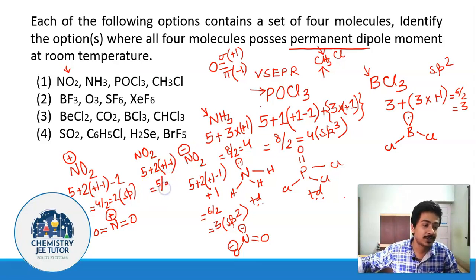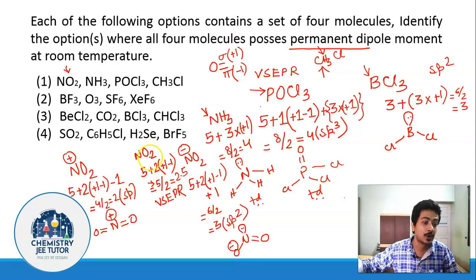Now 5 divided by 2, you do not get a whole number. This 5 is an odd number. So this is the odd electron species. Remember this. In cases where the total electron count comes out to be an odd number and is not divisible by 2, then those species are known as odd electron species. And in case of odd electron species, we cannot determine the structure using VSEPR. VSEPR can only be applied for even electron species. If the number of electrons in a molecule is odd, then VSEPR cannot be applied.